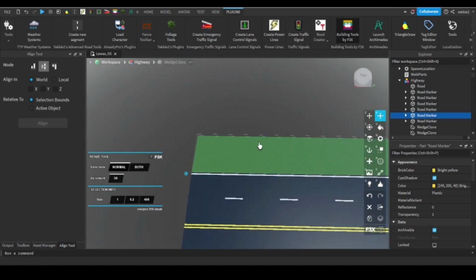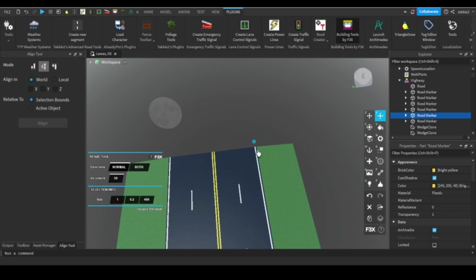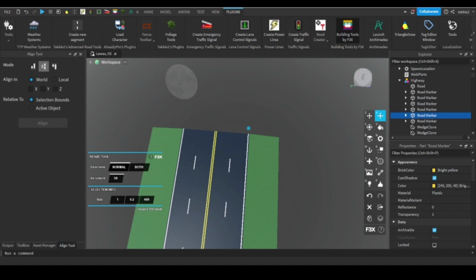But yeah, now extending roads, that's all well and good. But what if we wanted to have a road bisecting this? How would we do that? Well, let's see now. So when doing